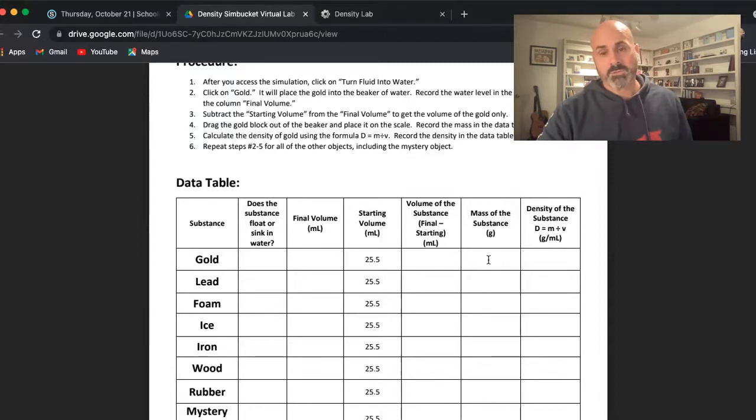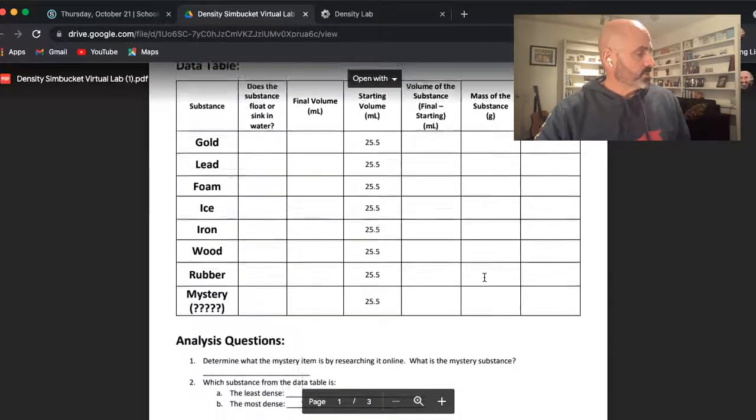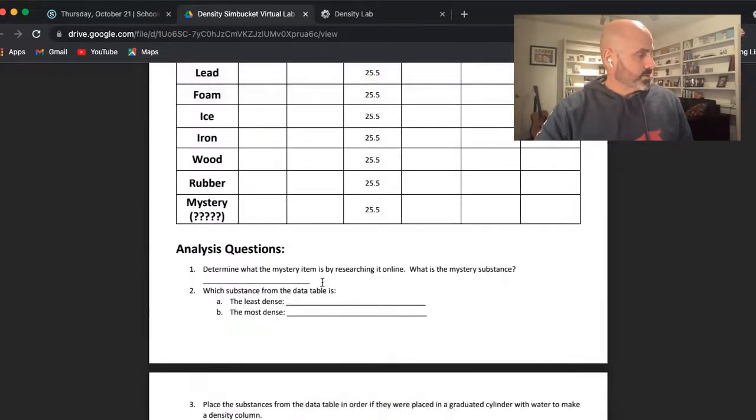Record the mass of the substance after you drop it on the scale. And then density equals mass divided by volume. Go ahead and calculate the density in grams per milliliter of the gold. You're going to do that for each of the objects, including the mystery object, and answer those